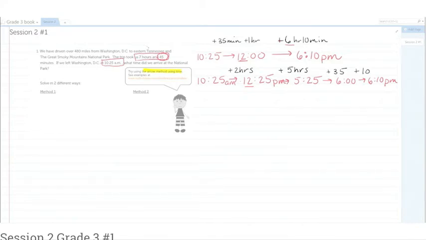to p.m. So this idea of the number line helps to give a visual model, and for some kids, this is a mental calculation. We're hoping at some point it becomes a mental calculation where they can see this number line in their head. A few different ways. If you came up with another way,